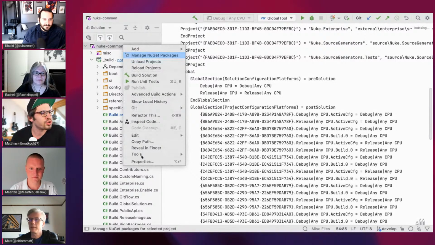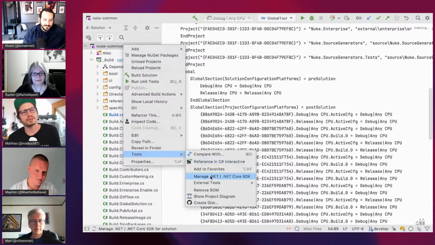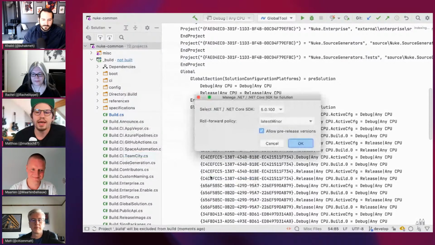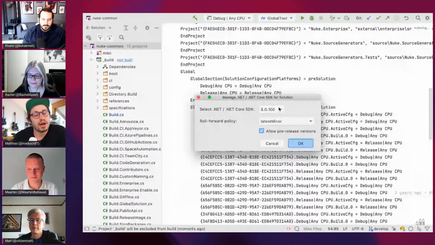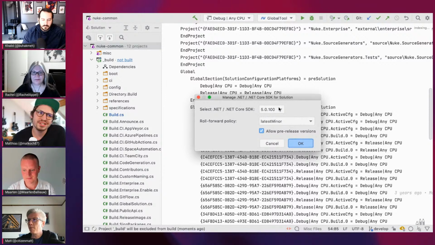On your solution node, you can go to Tools and then Manage .NET and .NET Core SDK. And from here, for everyone who hasn't heard about the global JSON file, that is the file that you can add to your repository to make sure that even your colleague, for instance, after checking out the repository, will use the exact same, not necessarily the exact same version, but you can specify the requirements for the SDK version that